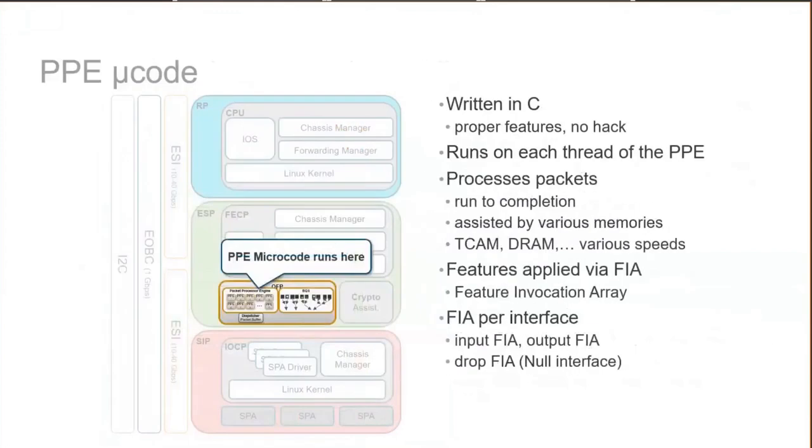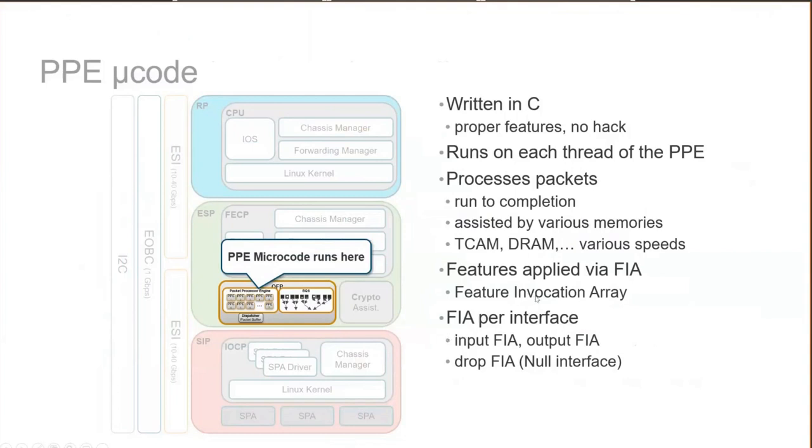PPE microcode. As we have come across multiple times, PPE is the packet processor engine, which has multiple threads which enable the packet processing. So these processes process the packet and they run to completion. Run to completion in the sense, once they start, they run till the packet is processed and they end there. And when the next packet comes, they will be started again. So that is what run to completion means. They are registered by different memories which are present in the ESP DRAM, and they also help in